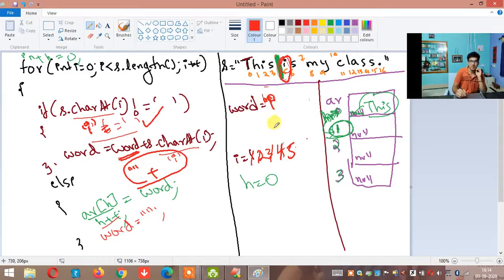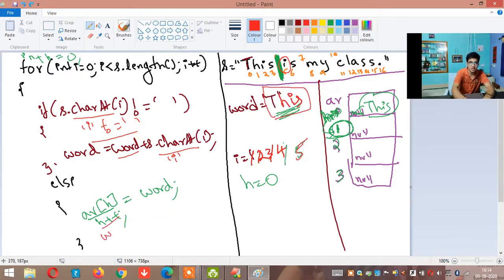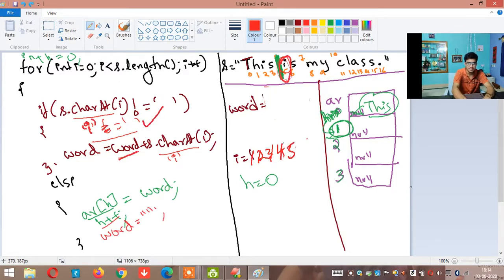I hope it is clear. Next, your I will increment to 6. What is s dot of 6? S dot of 6 is character S. Is character S equal to space? No, character S is not equal to space. So add that character S to the word content.